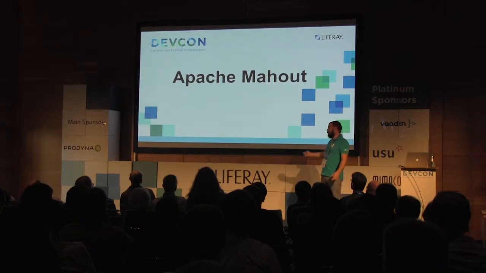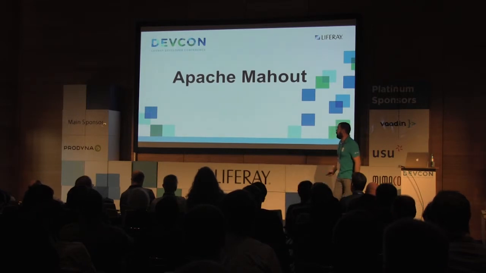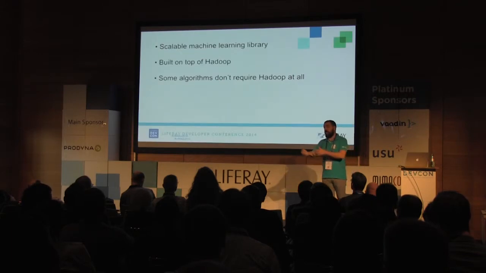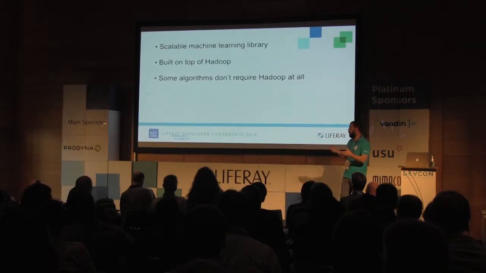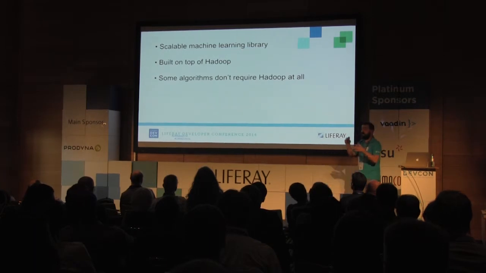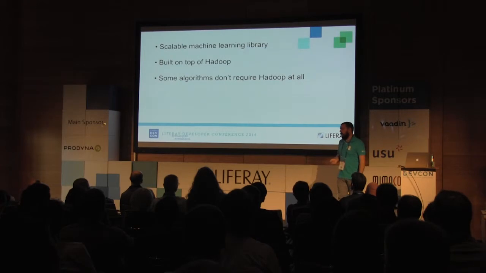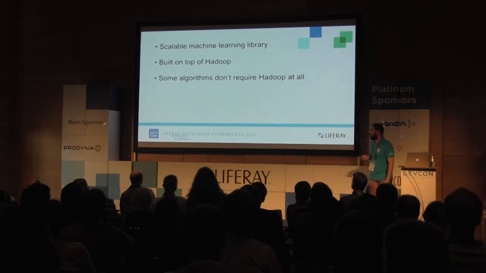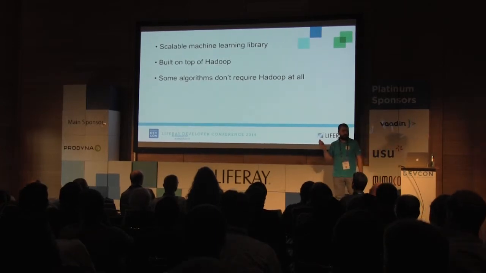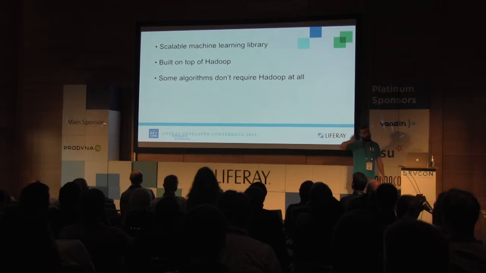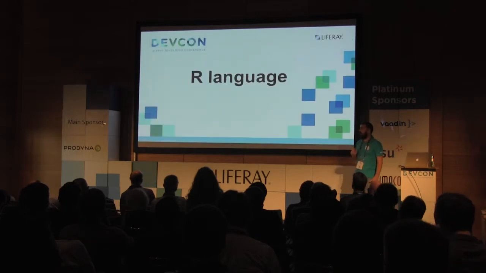One more technology that you can use to build your own analytics platform is Mahout, which is no more than a bunch of machine learning algorithms that you can run on top of Hadoop or even in your regular Java project. They have, I don't know, maybe hundreds of different machine learning implementations. At the very beginning, it was a crappy project, but I think in the last 3-4 years, they have improved a lot. And then if you want to move away from the Java world, you can use R.